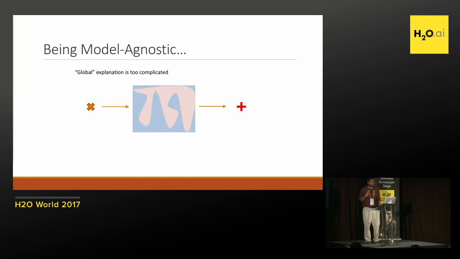So the idea behind LIME is that, again, describing their overall behavior is too complicated. This curve, the surface, is really complicated. There are too many dimensions. We are going to instead explain a single data point by only looking at what's happening around that data point. So instead of thinking about the whole curve, we're just going to find a part that is most important and sort of zoom in, and then look at some part that's more important and zoom in. And we're going to keep zooming in till we can easily find a simple model to fit the local region